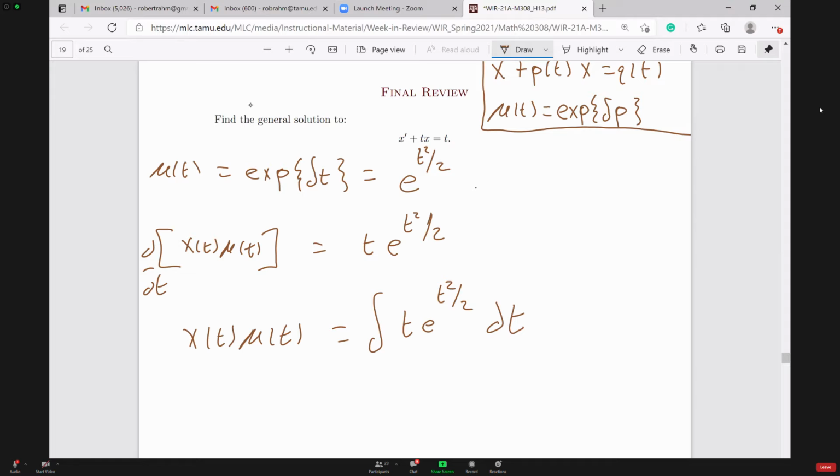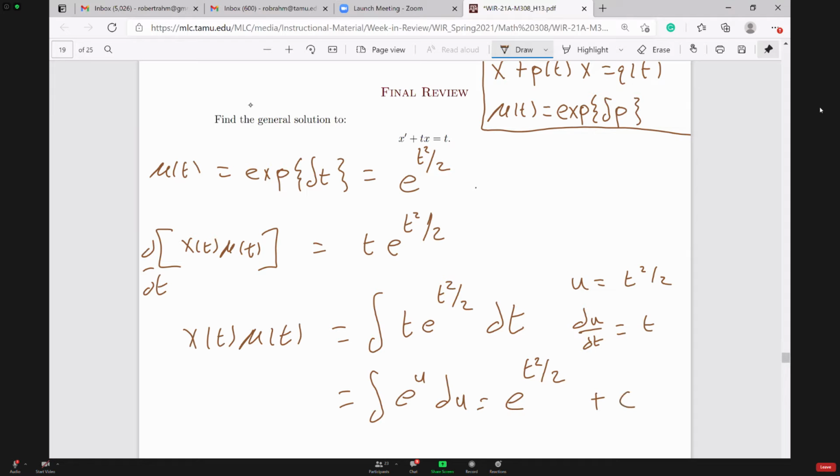Okay, and now for this antiderivative, how do we do it? How do we find the antiderivative of t e to the t squared over 2? U substitution. Yeah, u sub. And what are we going to say u is equal to? t squared over 2. Awesome. And then what is du dt going to be? t. Okay, so now I come over here and replace stuff. du dt is t, so I'm just going to have e to the u du. The antiderivative of that is e to the u, so it's e to the t squared over 2